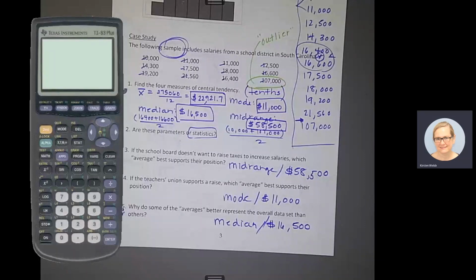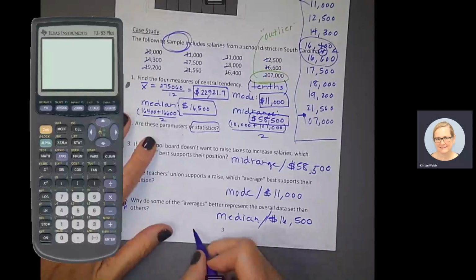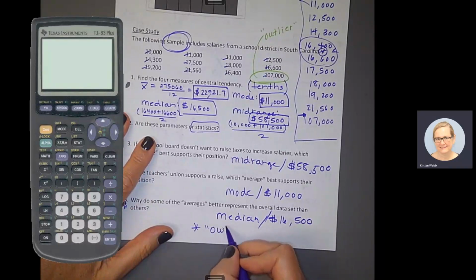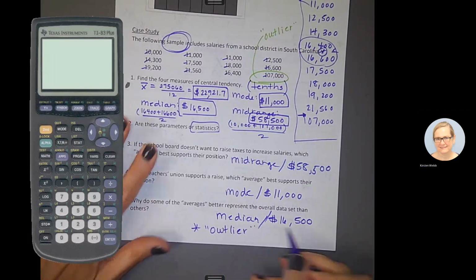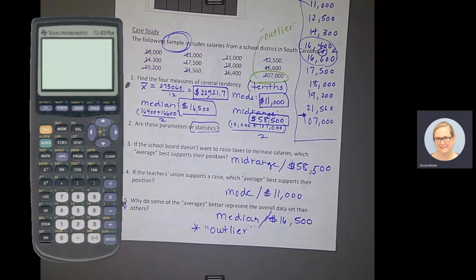Some of them represent the whole set better than others because the outlier has such an impact. So we'll see that word again, outlier. O-U-T-L-I-E-R. As we wrap up the case